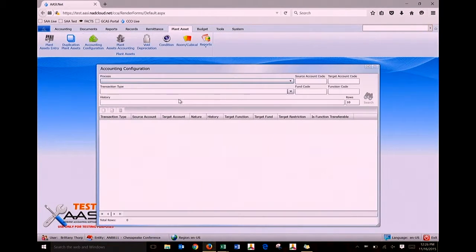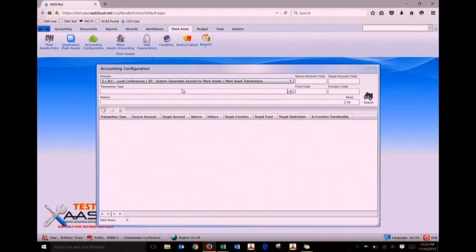This is what we call our plan asset accounting configuration screen. We don't typically see very many people using this because they don't understand it for the most part. Luckily, in this union, we have Harold Green as the support for this program, and he is fantastic with this screen. So it should already be set up for you for the most part. However, if you have changes that you want to make,